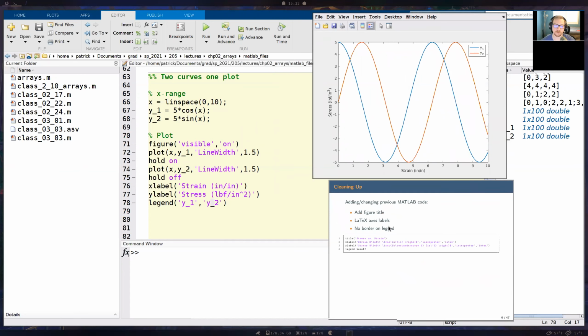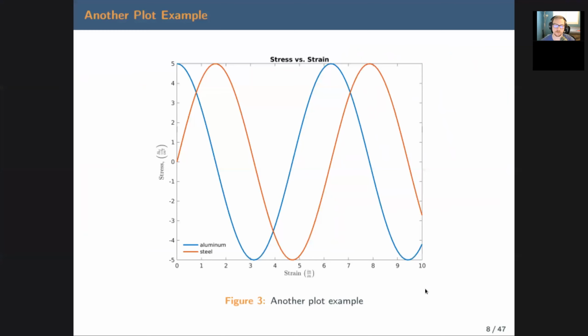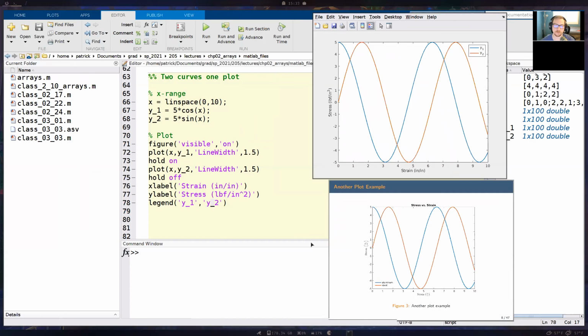Alright, so you will also see that in my figure, my labels look different than what I have in our current figure that we worked on in MATLAB. You see here that we have inch per inch, and then up here we have pound force per inch squared, and it's formatted differently than what I have right now in the class.